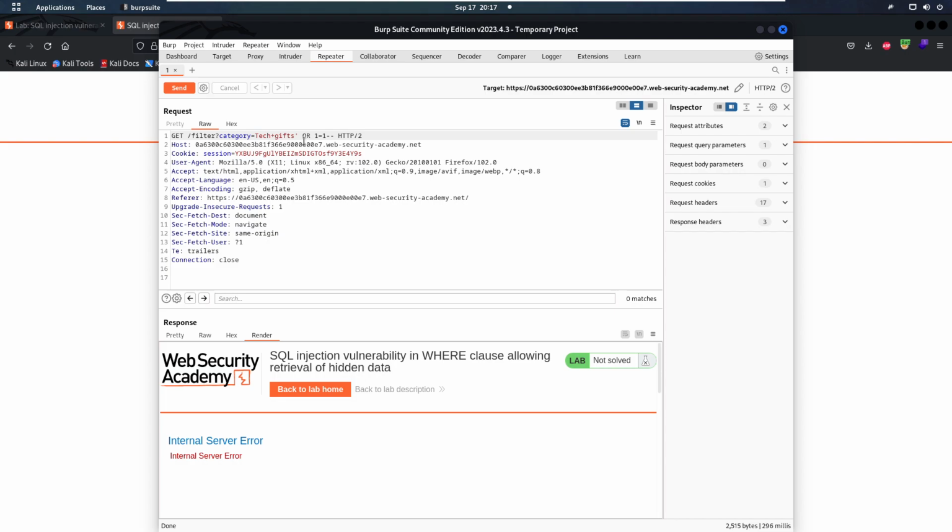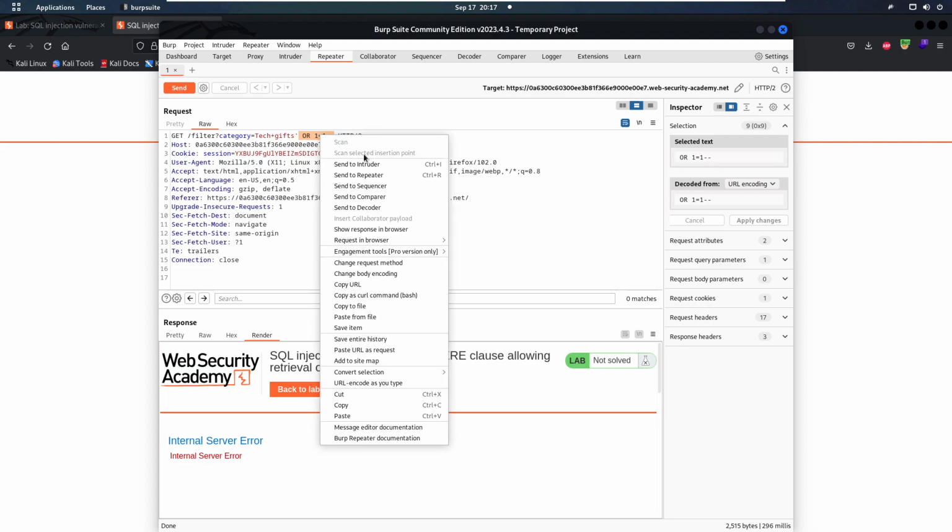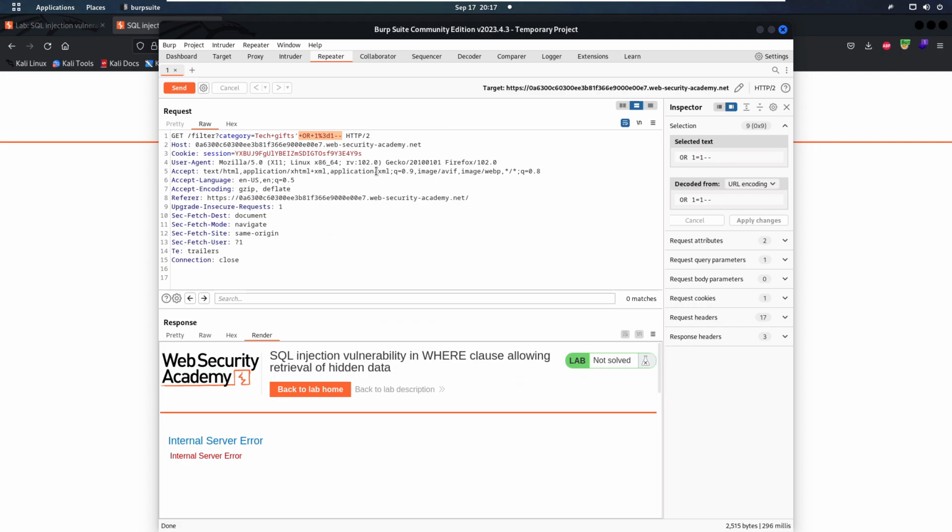Before we send this request, we'll have to encode this payload with the shortcut Ctrl+U, or we could do this through Convert selection, URL, URL-encode key characters. We have to encode these characters so that Burp Suite will be able to send this request and give us a response. So we hit send on this